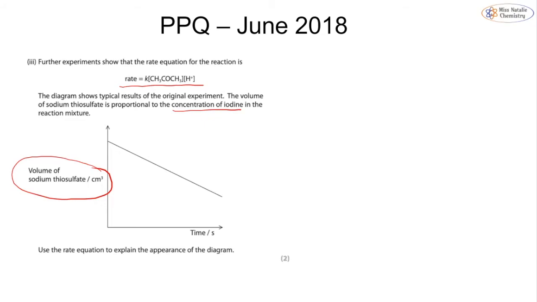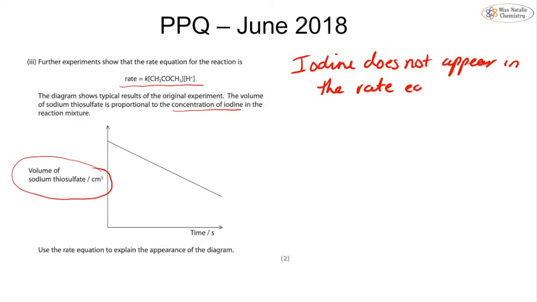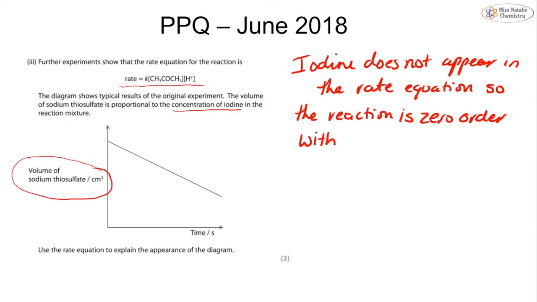Okay. So iodine does not appear in the rate equation. So the reaction is zero order with respect to iodine. Okay, now that would get you 1 mark because we have to then use that to explain the appearance of